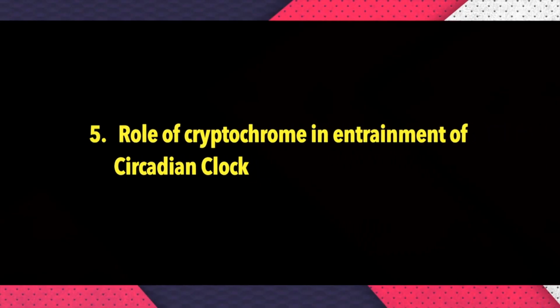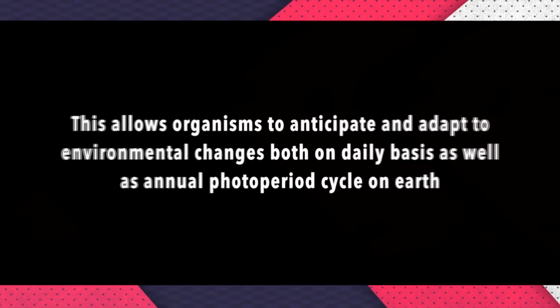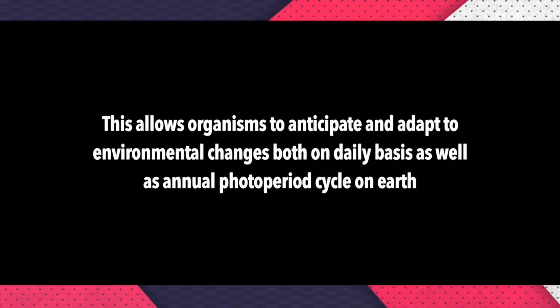Number 5. Role of cryptochrome in entrainment of the circadian clock. The circadian clock is the molecular oscillator that drives various apparent circadian rhythms in most organisms. This allows the organisms to anticipate and adapt to environmental changes both on daily basis as well as the annual photoperiod cycles on Earth. In 1998, cryptochrome was found to act as a major photoreceptor of the circadian clock in